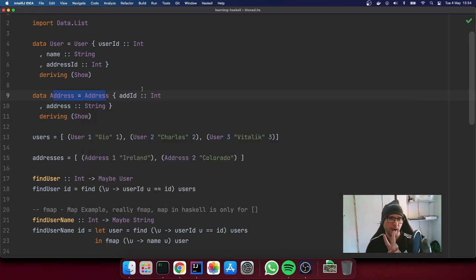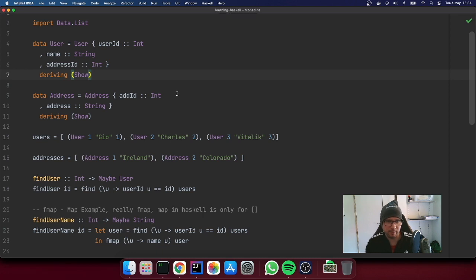Now we have two operations here. The first one is get the user, that could exist or could not. And then if he exists, get the address ID, and then go again on the database and get the address that in turn could or could not exist.